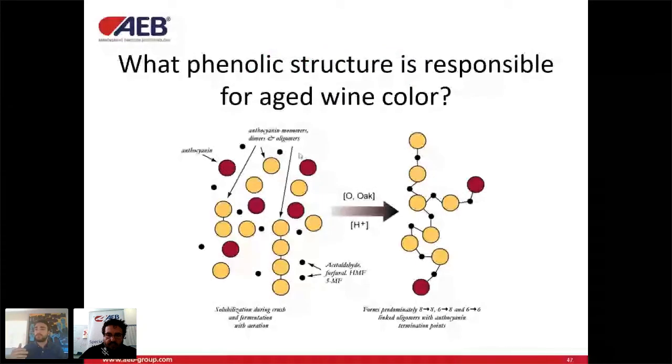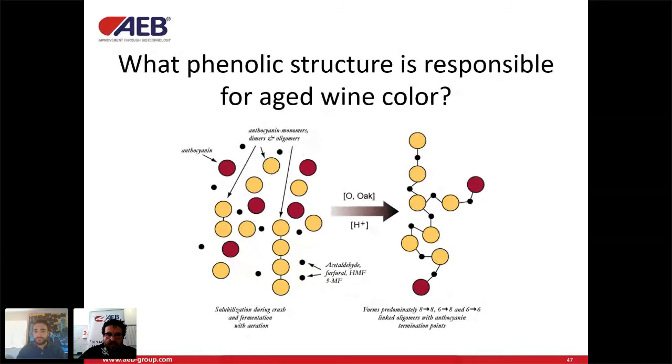Free anthocyanin and copigmented anthocyanin are responsible for young wine color. However, for aged wine color, it is the polymeric anthocyanin that is responsible, because it's the more stable form of the